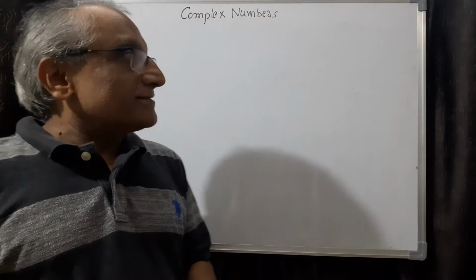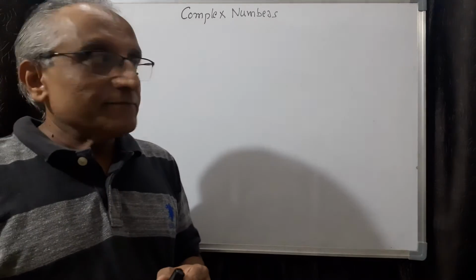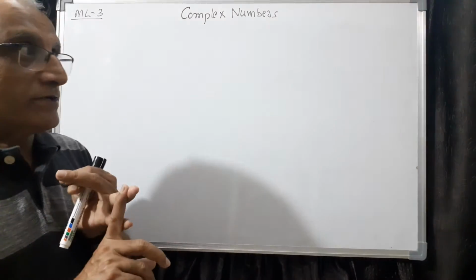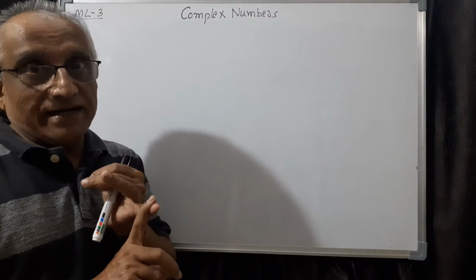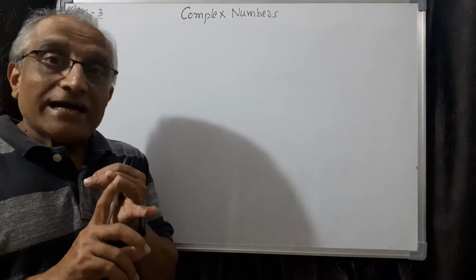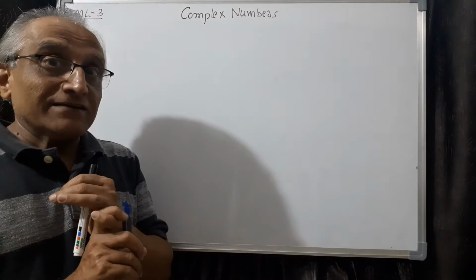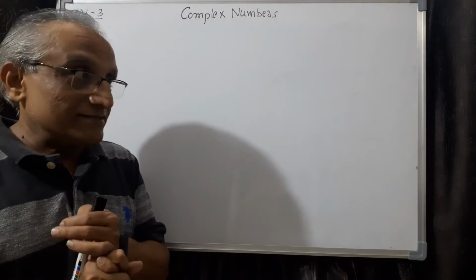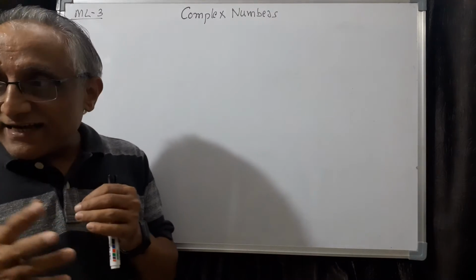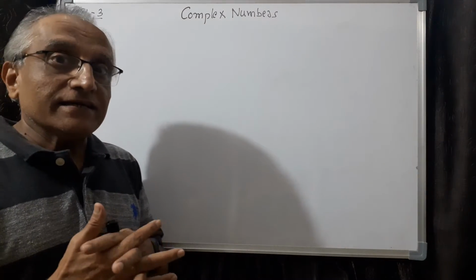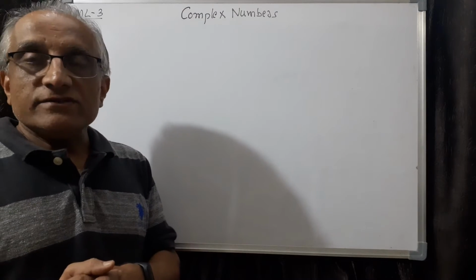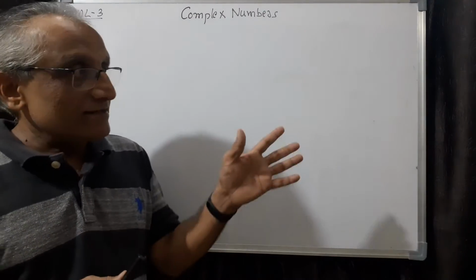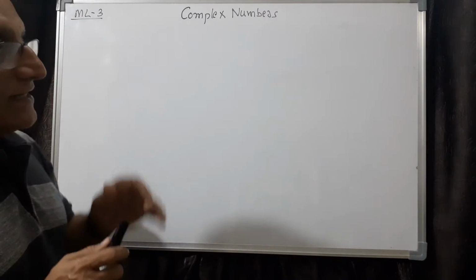Hi students, this is the third lesson on complex numbers. In this lesson, let us study three important concepts. One is power of i. Second one is square root of a negative number, because sometimes we make mistakes while calculating square roots, especially when a negative number is given. Third one is identities. Of course, they are identical with the identities which you have studied in school for real numbers. So these are the three major concepts for the third lesson.